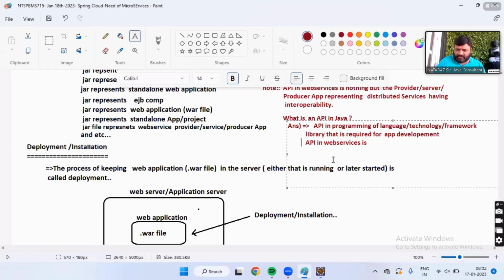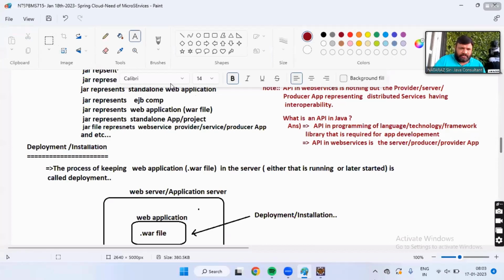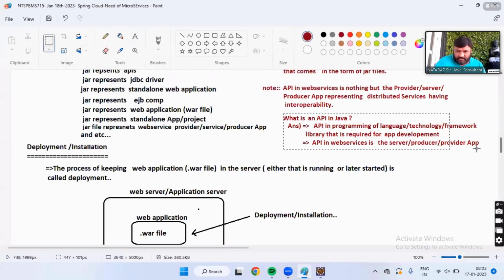API in web services is, tell me guys, the server or producer or provider application. Yeah. Now listen, why I'm raising this question, you will understand.